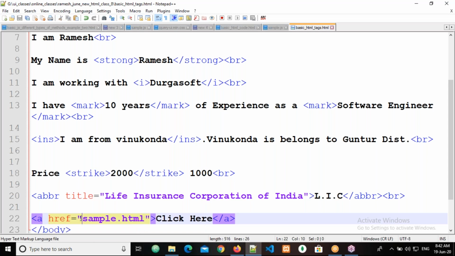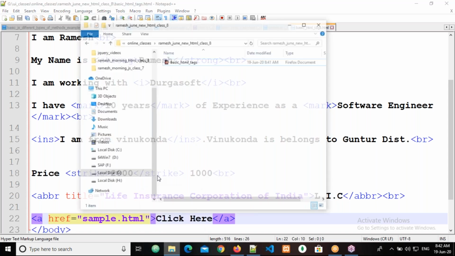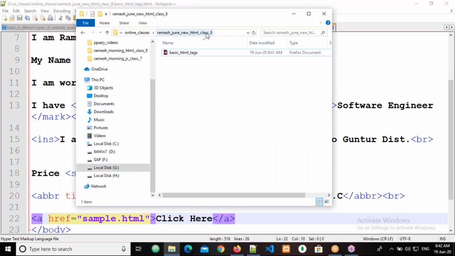Whenever you are giving a path, everybody gets confused about where to start from, the C drive, D drive, like that. No, it is your root directory, in your application. So what is our root directory? Ramesh June new HTML class 8 is our root directory. In this folder, wherever the file is, that is the path you need to search.